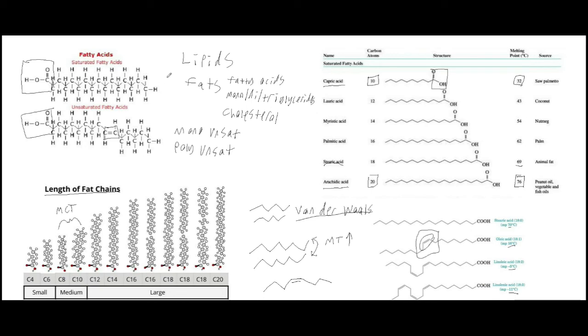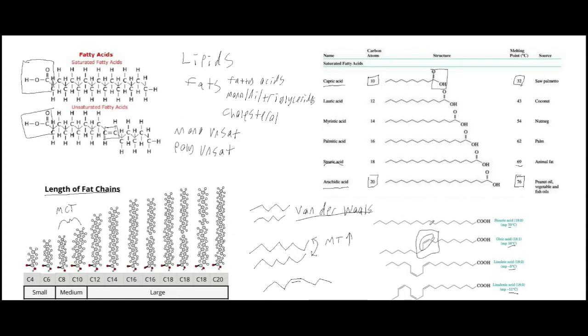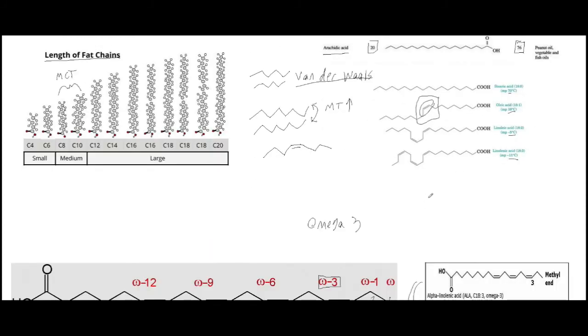All right, so just for quick review, I talked about how we have these fatty acids, and they can come as either saturated or unsaturated, and they can have more than one double bond, which would make them polyunsaturated. I talked about how there are different lengths, which has an effect on the melting point of the fatty acid, as well as these double bonds having an effect on the fatty acid. Oh, and one other thing that I forgot to talk about. So we can have these double bonds like this,